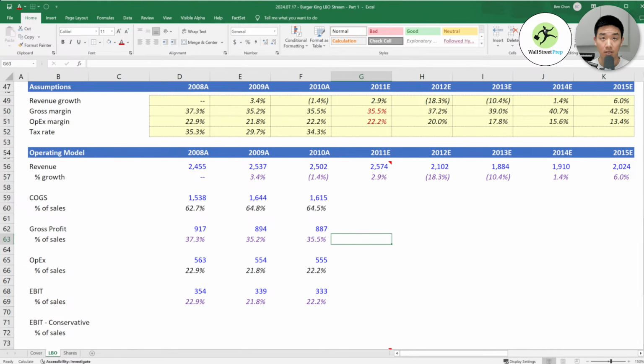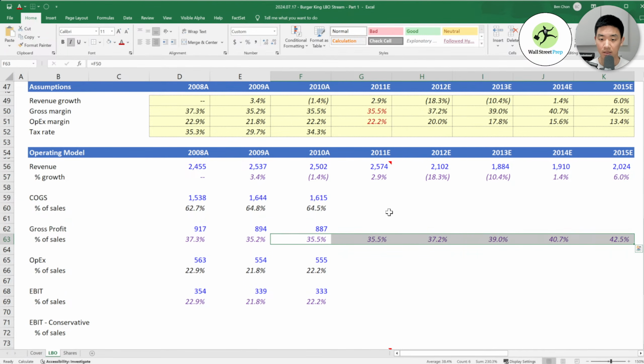Okay, let me remember how I did this part. Actually, okay, yeah. All right, so let me start off with the basic stuff, and then we'll build it. I guess we'll make it a little bit more complicated, or I'll add all the other stuff a little bit later. So, gross margin. Basically, if we were to not worry about anything else, then what we would do is just copy paste this across, right?